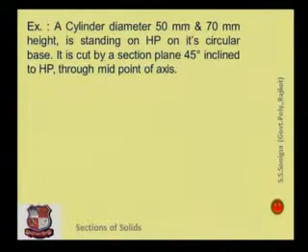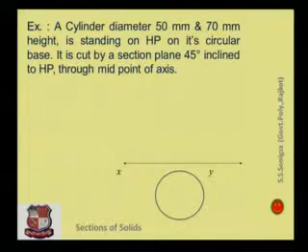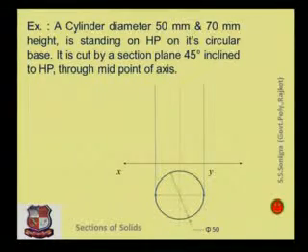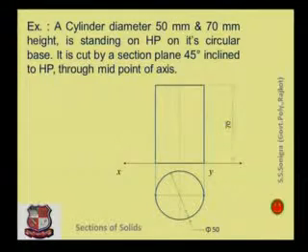Now, draw the first line, the xy line, which represents the intersection of the horizontal plane and vertical plane, then insert the dimension. The diameter is 50 mm. Draw its axis, horizontal axis and vertical axis, and mark these lines. Height is given, that is 70 mm. So at a height of 70 mm, draw a rectangle and it bisects the axis.